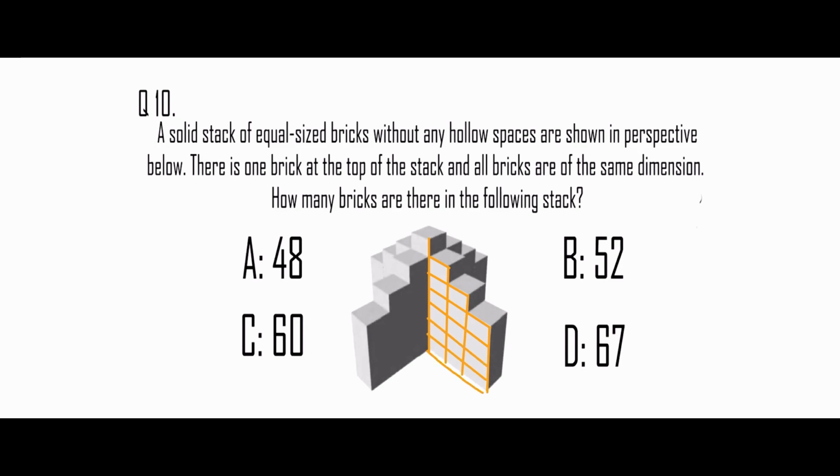Either you can count the total number of bricks that are present like this, or you can subtract the missing bricks from the stack. Either way you can find the total answer. Here I am marking the total number of bricks that are present by seeing through this perspective. So for each leg there are 15 bricks, and we have 4 legs, and 15 into 4 there are 60 bricks stacked on each other.